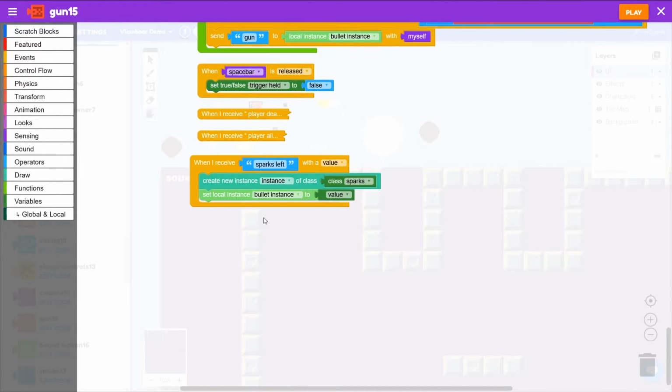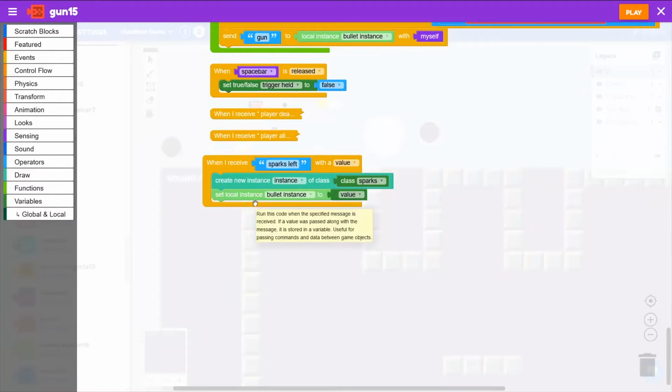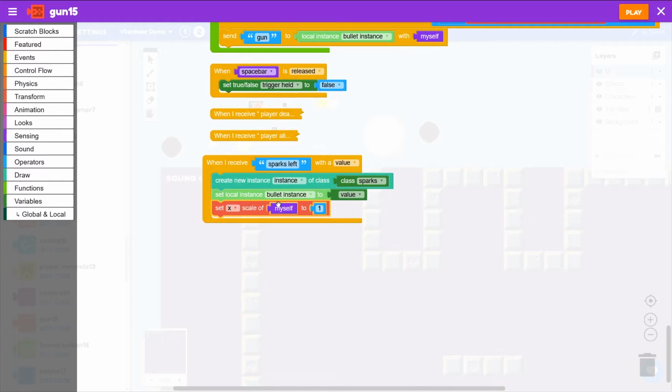Now we want to set the scale and the position of the sparks. So if we want sparks to appear on the left, we're going to set the scale to negative. So we'll go to transform, set X scale of myself, get rid of the myself, and we want this instance here, these new sparks. So we'll right click on that and create get instance. The X scale of the instance will be -1,